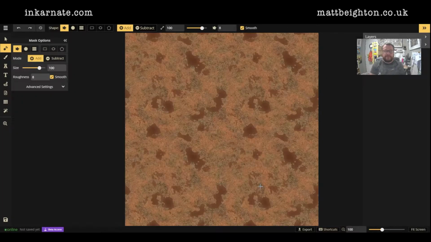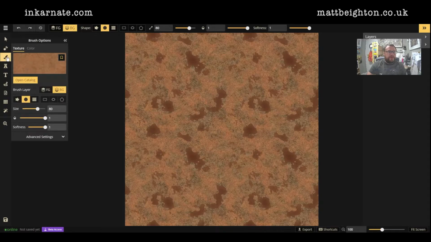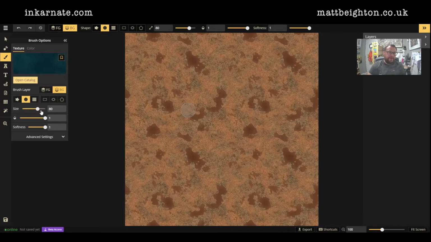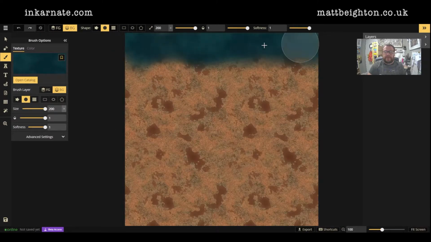Wait for that to load up. So the first thing we need to do is use the brush tool to set our background. So make sure we've got background layer set. We open the catalogue and we can select the water. This is just because I'm doing an island. You don't have to do this, but I'm just going for a treasure island. So I want some water around the edge. And it kind of just shows you how to do it as well. Make the size really big and we just colour in the whole area